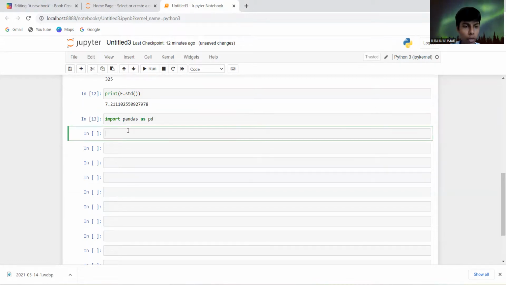Now we need to insert a data set, and to do so, we will take any alphabet. We'll write equals to pd dot read underscore csv. This function helps us to read the data frame. And first of all, we need to download the data frame, and then we need to upload it